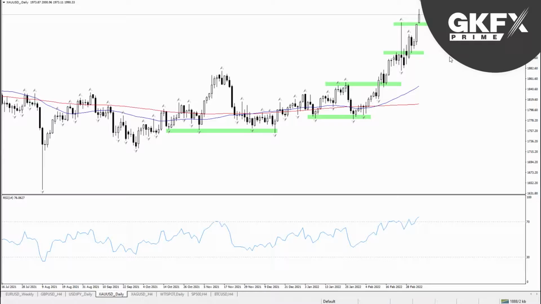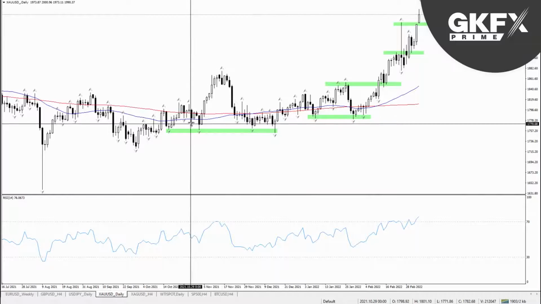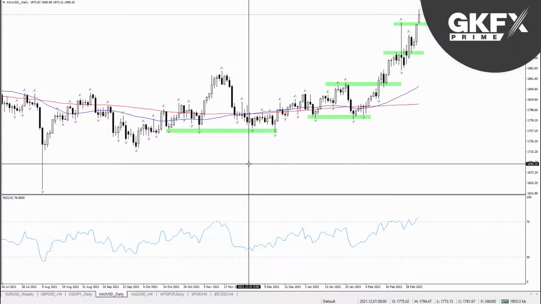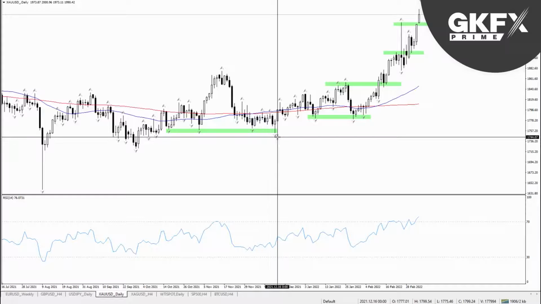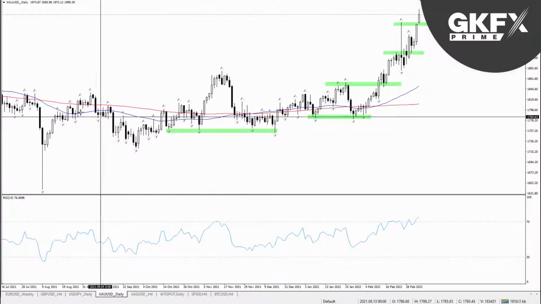This is the big one. Gold, we're off the highs a bit now at the time of recording, 1990, but we did strike that big 2000 level, and obviously a bit of profit taking probably taking place at 2000. But you can see the same general idea here with gold. We've been talking about this all along. It was not a good market to be able to read, but all we just noted was that these supports just seem to hold, even when there's a dramatic sell-off,